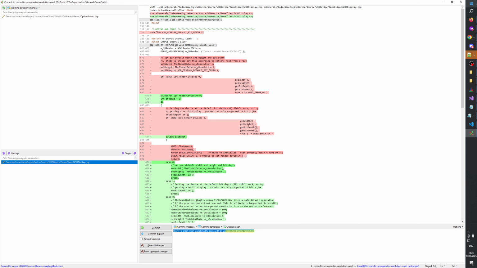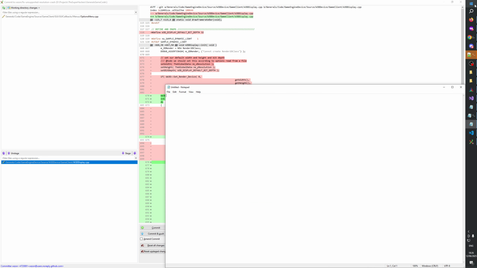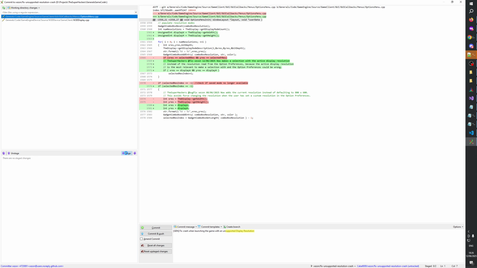This should actually be a different branch. We should have a different branch for this. Okay. Then instead, we should merge the options menu change here, and then we describe it as